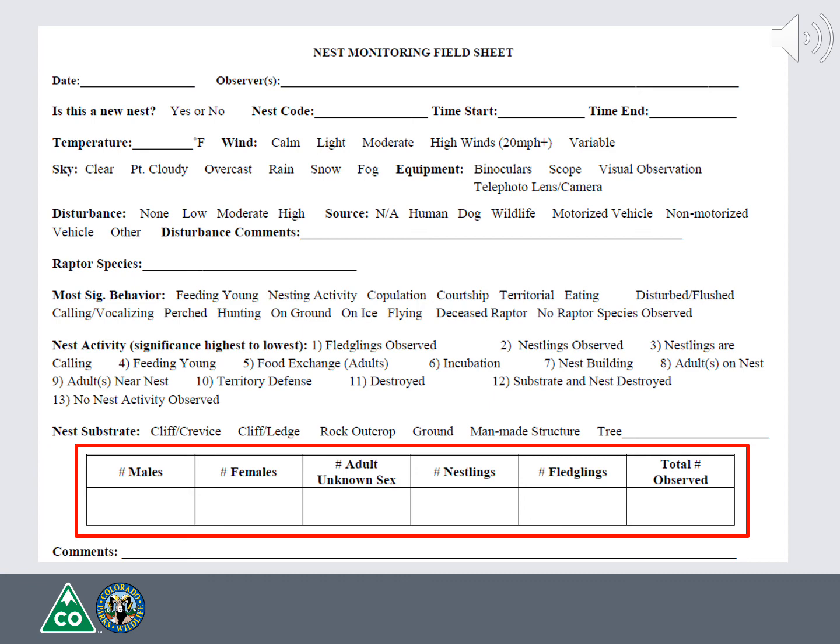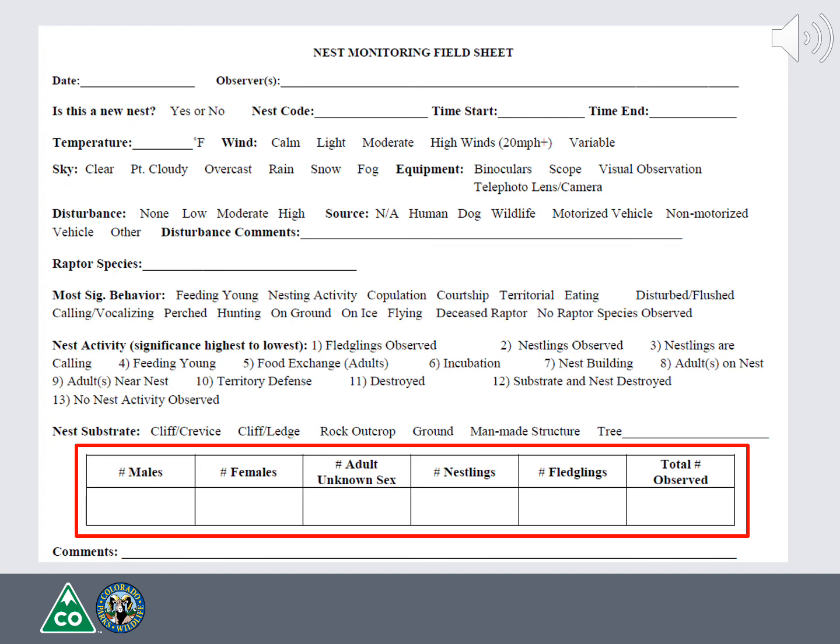You also have space to record the number of nestlings, and eventually the number of fledglings you see in the area of the nest. The line between nestling and fledgling in raptors is a bit more blurred than other bird species. Young raptors engage in branching behavior, where they venture outside the nest into surrounding branches, and may even make short gliding flights only to clamber back to the nest later. As a result, a nest should only be considered fledged and inactive after observing no young using the nest site